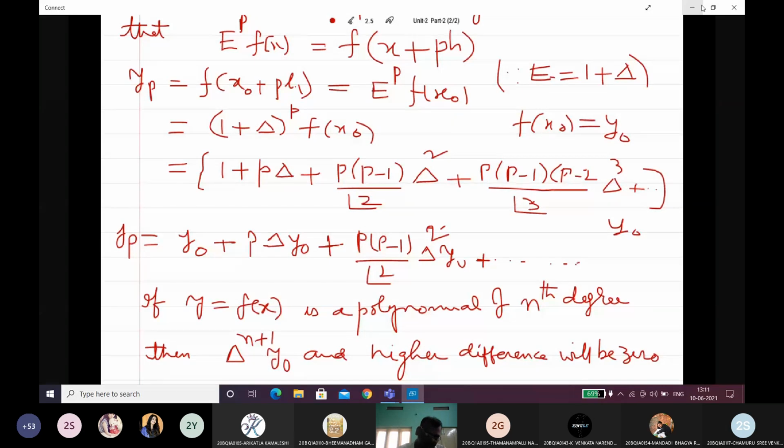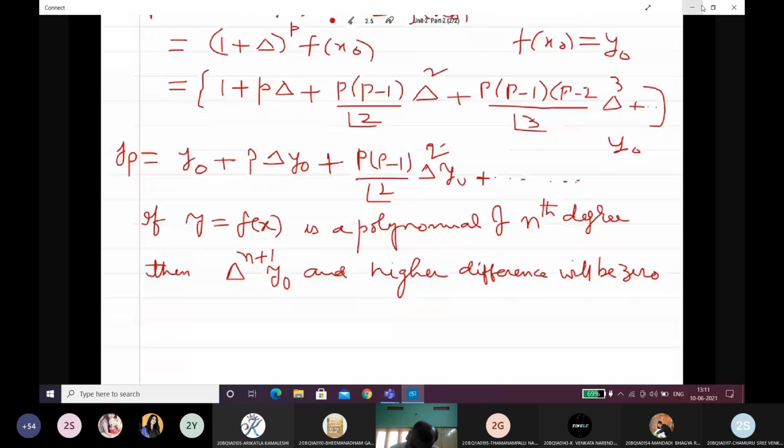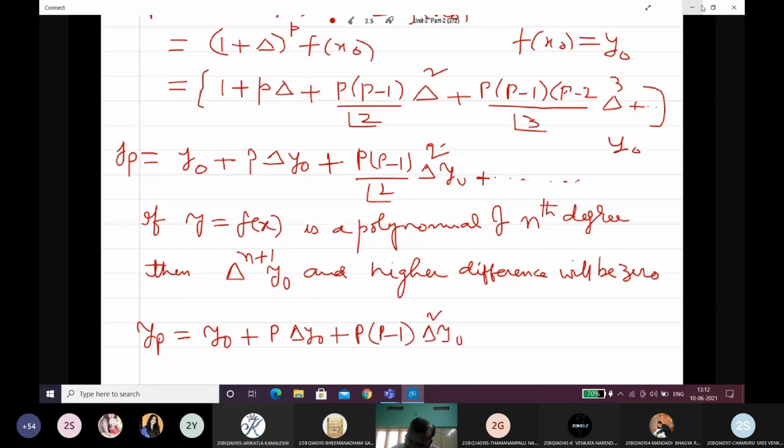So what do we finally get? Nth degree polynomial. Therefore, we have yp is equal to y naught plus p into delta y naught plus p into p minus 1 into delta square y naught by factorial 2 plus etc. up to nth degree, p into p minus 1 into etc. p minus n plus 1